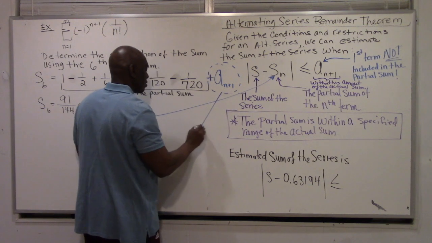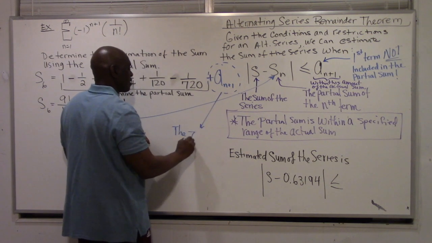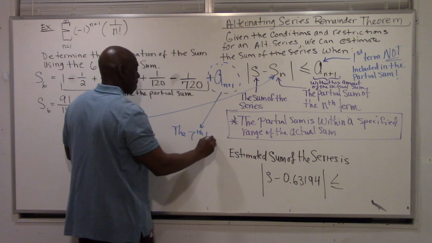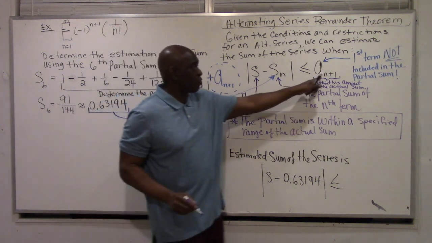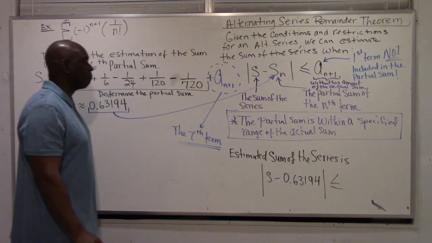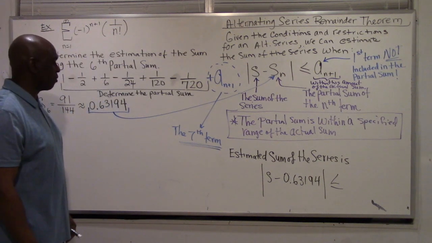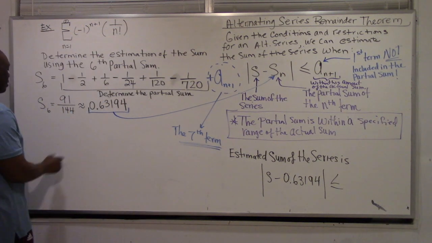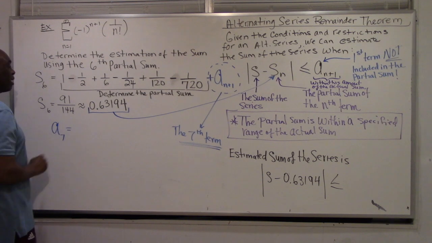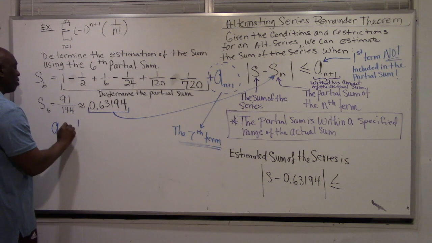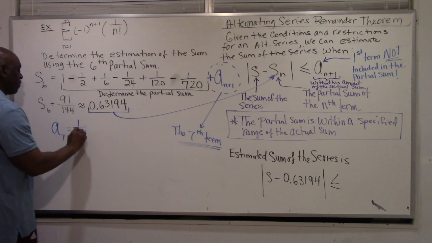And that is the 7th term. That's what this represents, the 7th term. And what is our 7th term? Let's see. A7 equals 1 over 7 factorial,